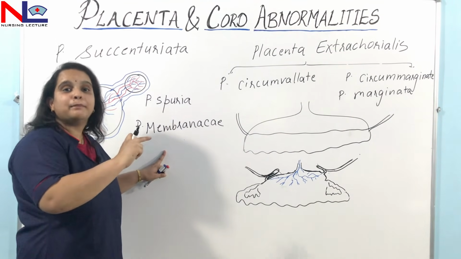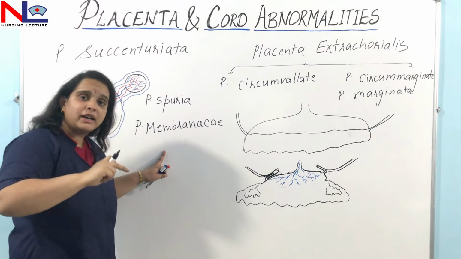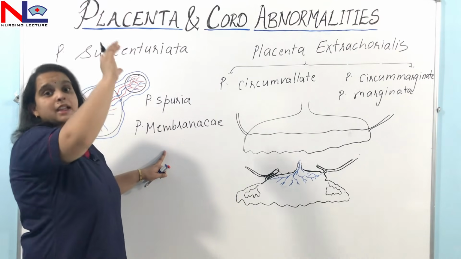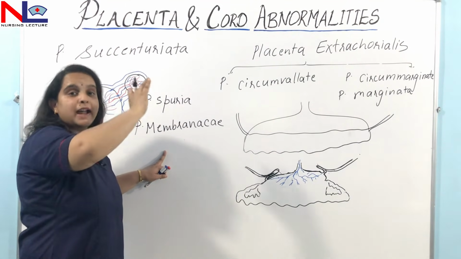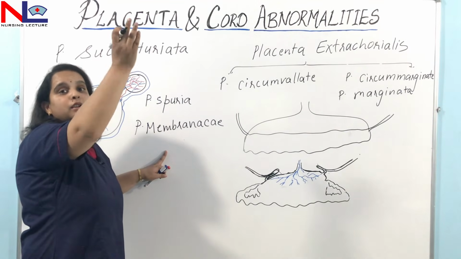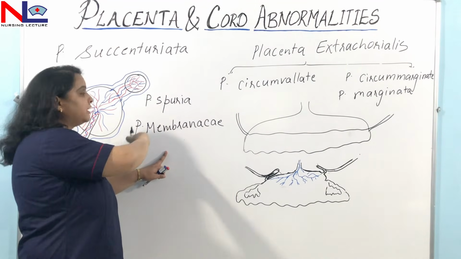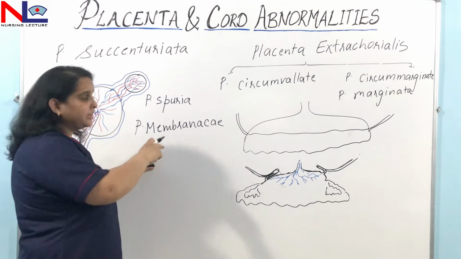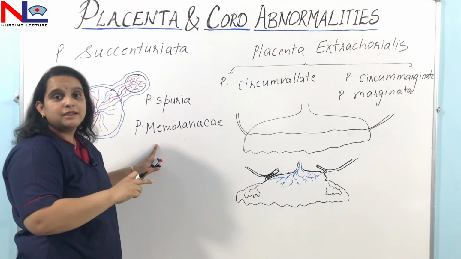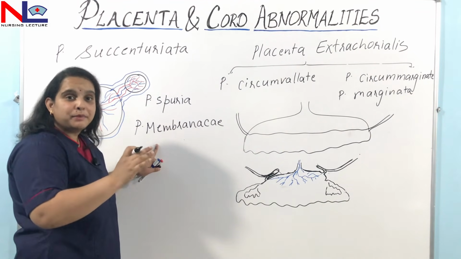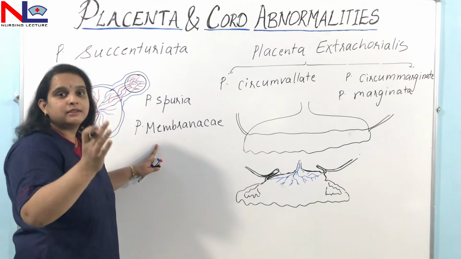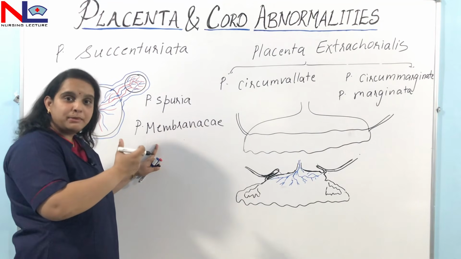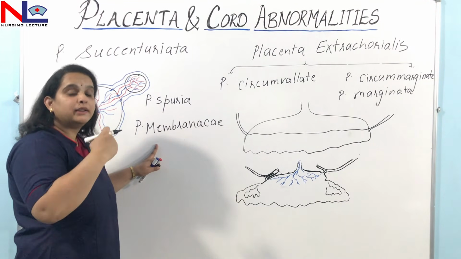But in that condition, what is happening? The villi which are forming around the capsularis region become active, and the villi form from the superior lateral until the inferior region of the whole uterus. So in that condition, the placenta becomes thin and large. If a woman has this type of placenta, what will happen? The separation will be more tough because the placenta is too large. So retained bits of cotyledon may be there, and that may lead to postpartum hemorrhage